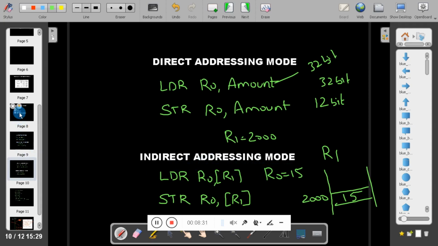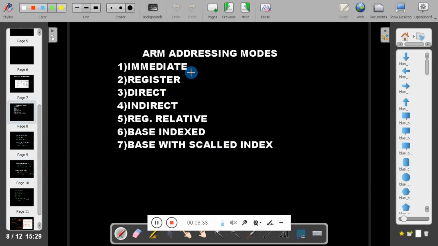So students, so far we have discussed immediate addressing mode, register addressing mode, direct addressing mode, and indirect addressing mode. What is left is register relative addressing mode, base index addressing mode, and base with scaled index addressing mode. We will see them one by one.